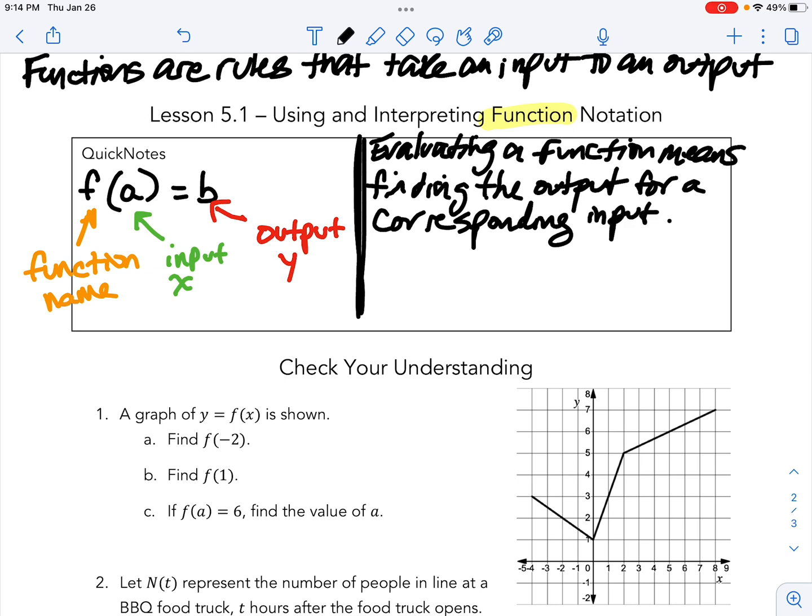So for an example, situationally here, if I were to say to find f of 3, what that means is that we're trying to figure out the output for that input of 3. So in that situation, we would find the output when the input